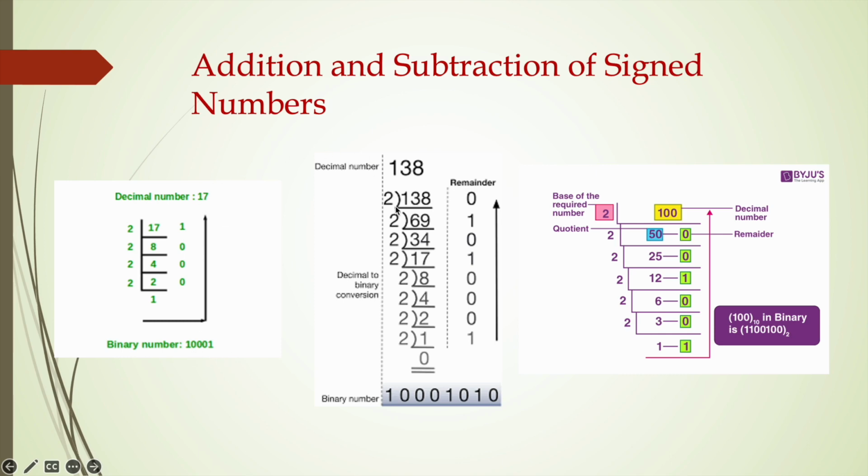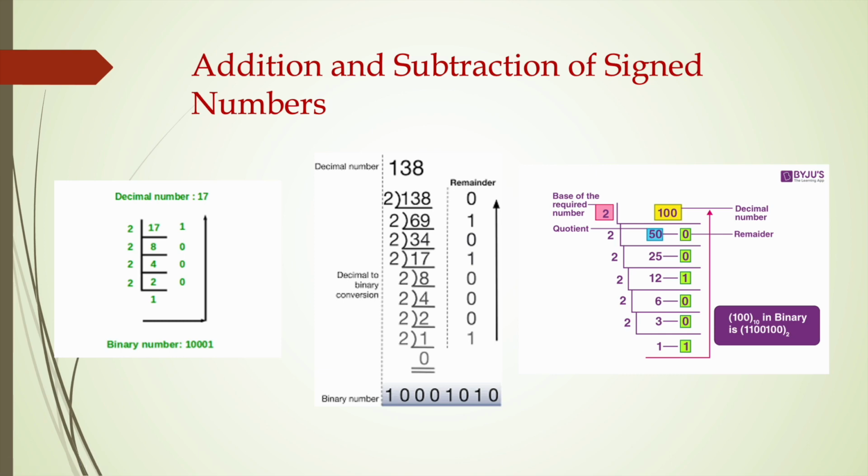Here we have two more examples. 138, we can also write a binary equivalent of 138 in the same fashion. So 0 1 0 0 0 1 0 1 0. This is the binary equivalent of 138, and 100 can also be written in the same fashion. So this is about the positive numbers representation